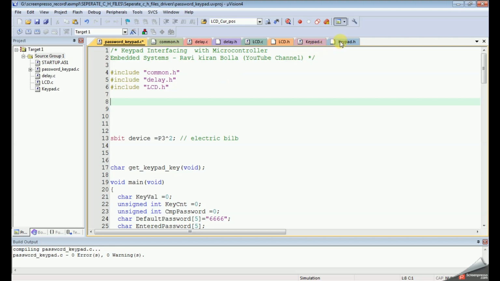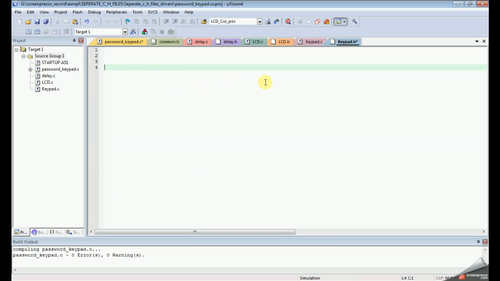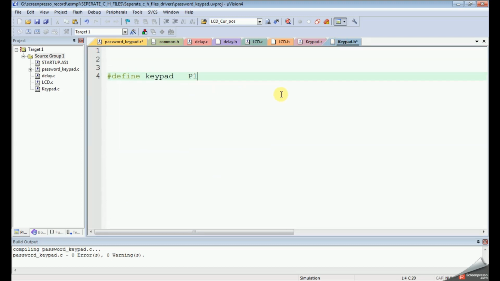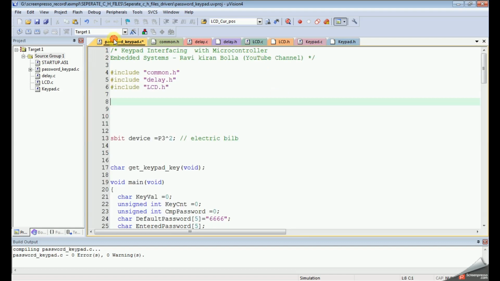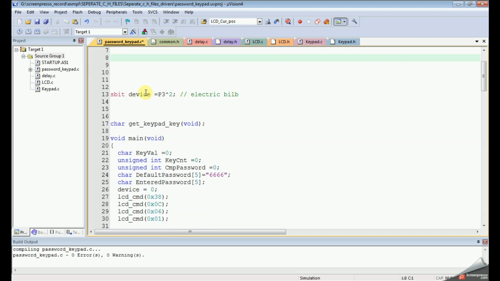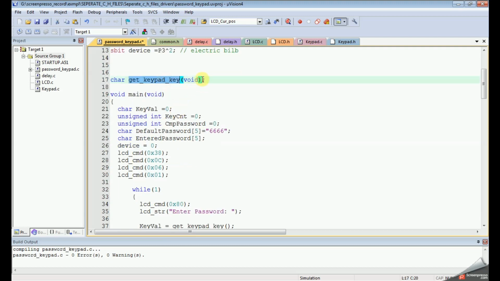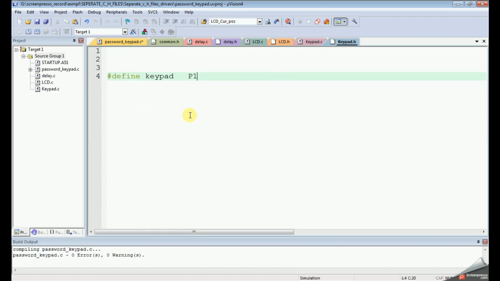So this macro should be moved to keypad.h. And there is a function prototype here. This is relevant to keypad, so it should be moved to keypad.h, and it should be extern.